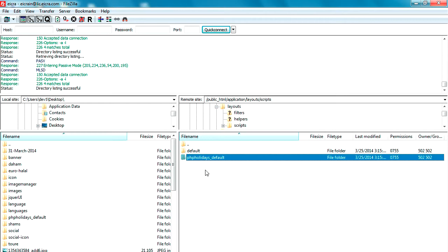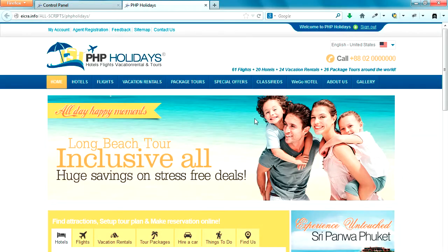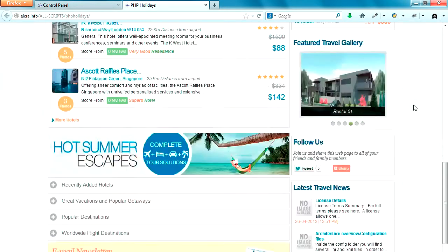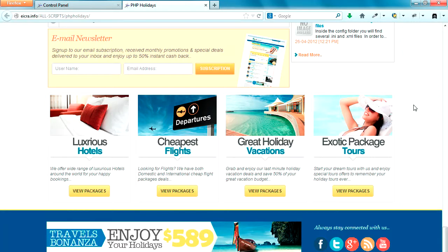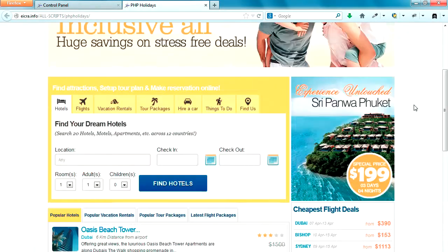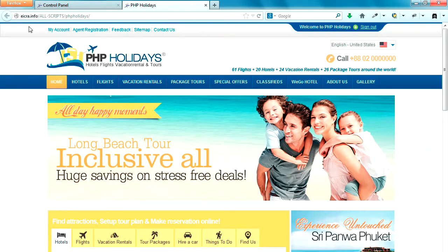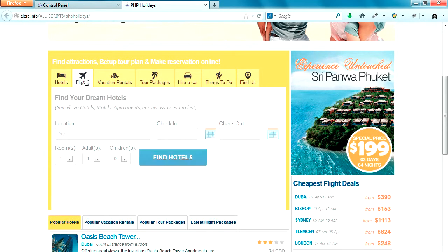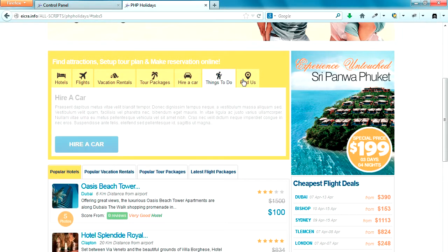If you purchase a real estate script, it can be real estate underscore default, it can be PHP underscore default, or whatever the product name underscore default. So the default theme is what we can see after installation of your script. We bundle our web script with our default template. After installation, whatever template you see here is the default template, and you can change the call now number, you can change the header, you can change these texts, and you can also change the CSS of menu bars, the banner, the body part and these navigation. All of this you can change through the default template